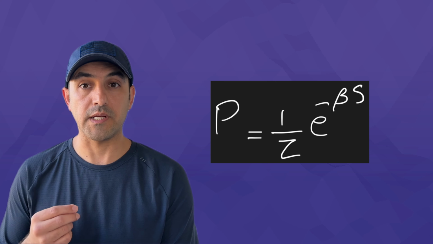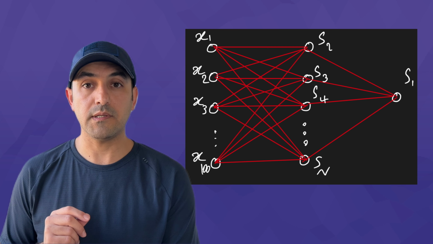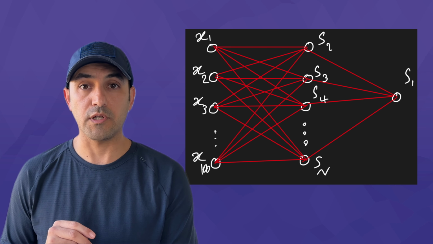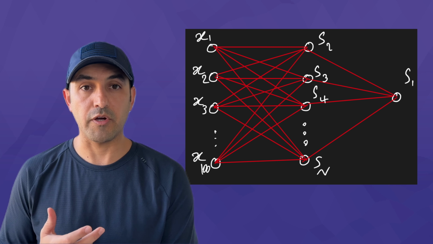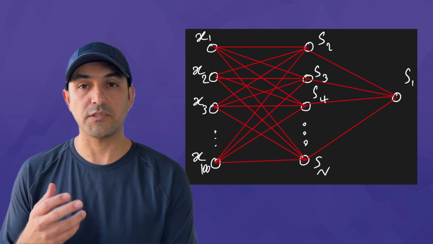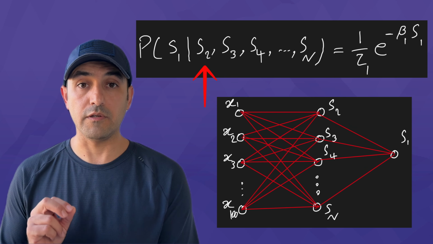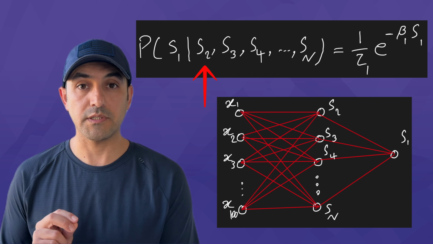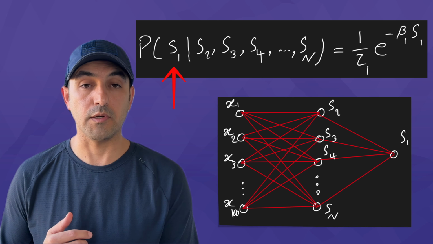Okay, I have the probability distribution that describes the activation of a single neuron. I can now use it to construct the probability distribution of deep neural networks. For simplicity, let's work with this neural network design with only one hidden layer. The procedure will be the same if I add more hidden layers. It just makes the math longer. If the states of the neurons in the hidden layer are given, the probability of the activation state of the output neuron is what we just derived in the case of a single neuron.